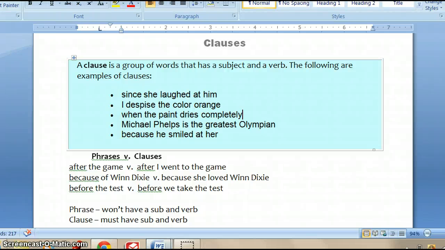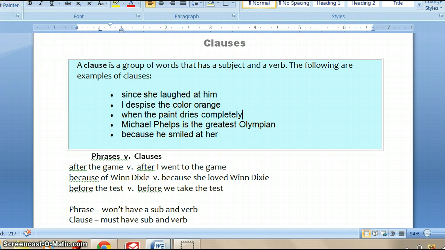Okay, guys, in this lesson we're going to talk about clauses. And a clause is a group of words that has a subject and a verb. Take a look at these examples here of clauses. As you go through, make a mental note of what is the subject of each clause and the verb. And then I will show you in just a second the subject and verb of each clause, and you can